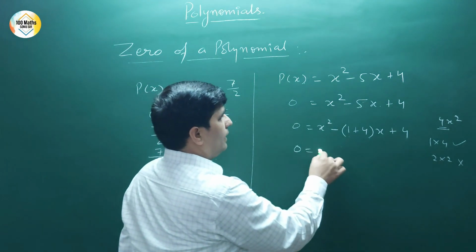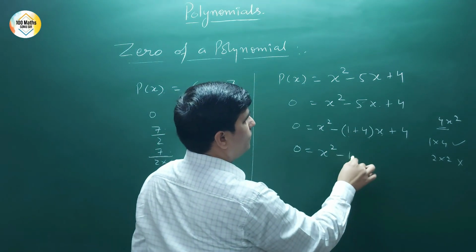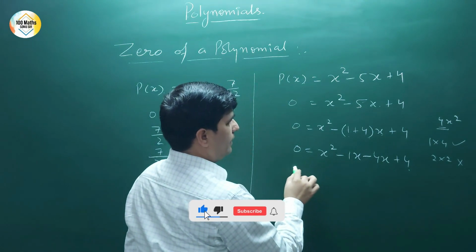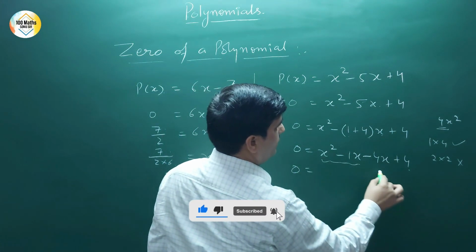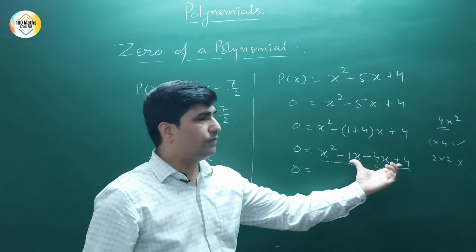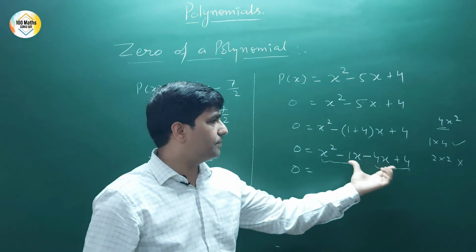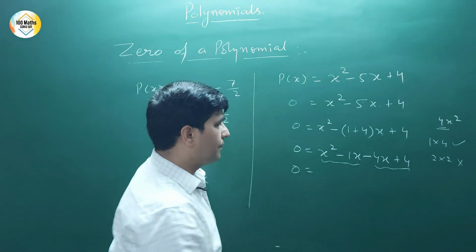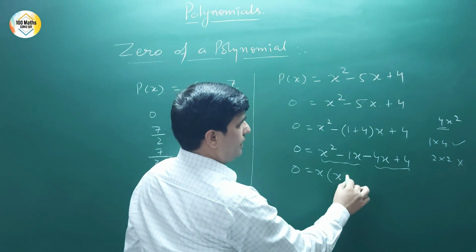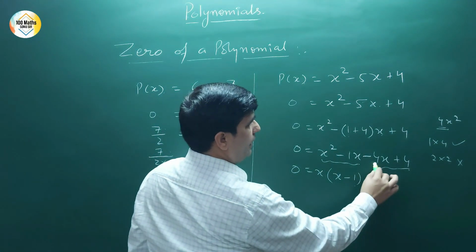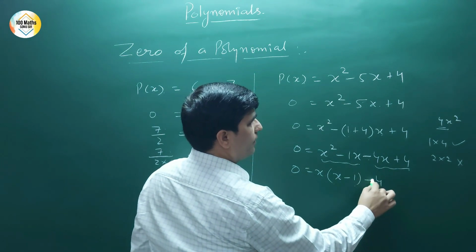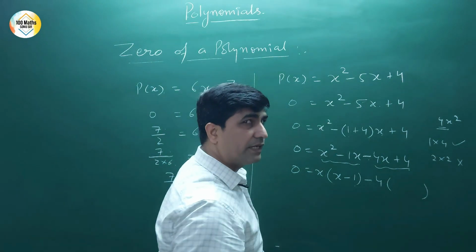Now it is x square minus 1x minus 4x plus 4. So we can make pairs and take common, right? In place of 3 terms we have 4 terms, right? That's why we split it and make the pairs. So x is common. What is left here? x, and this is minus 1. And what is common here? 4. And we take the same sign whatever is coming here and then decide the bracket sign.